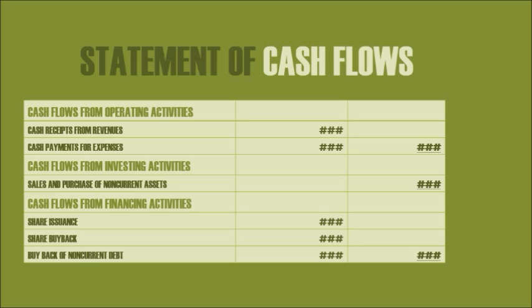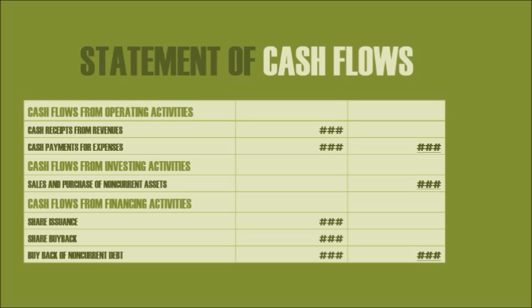For each month ended, you have to summarize the increases and decreases in cash. For example, you may have a statement of cash flows that looks as follows. Cash flows from operating activities: cash receipts from revenues, cash payments for expenses. Cash flows from investing activities: sales and purchases of non-current assets. Cash flows from financing activities: share issuance, such as sale of common stock, share buybacks and